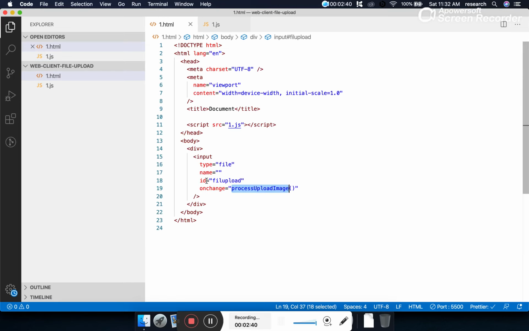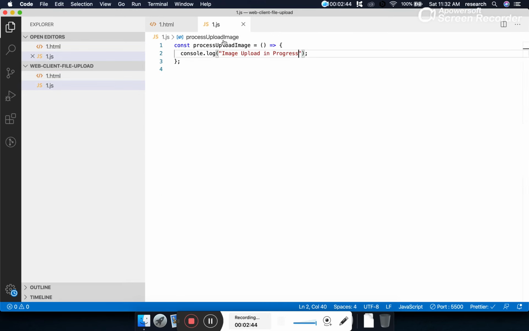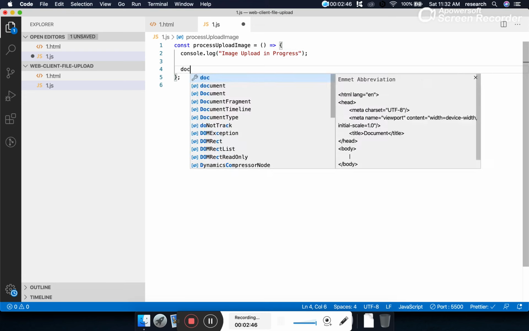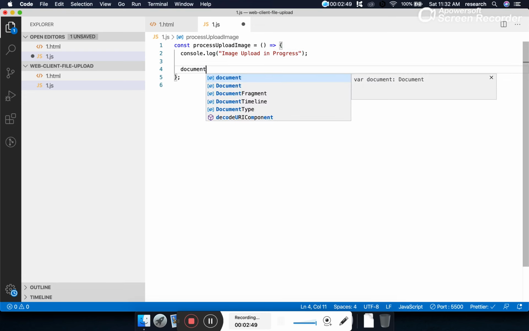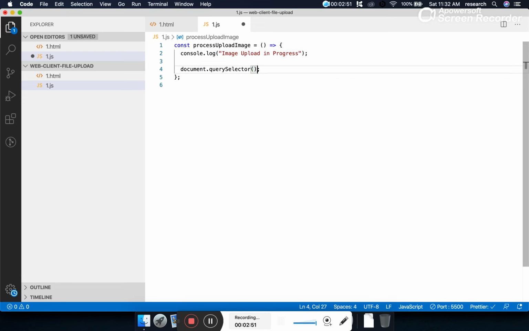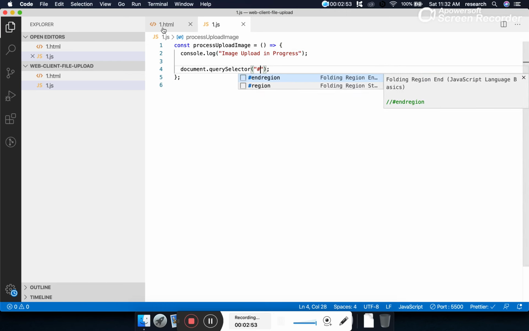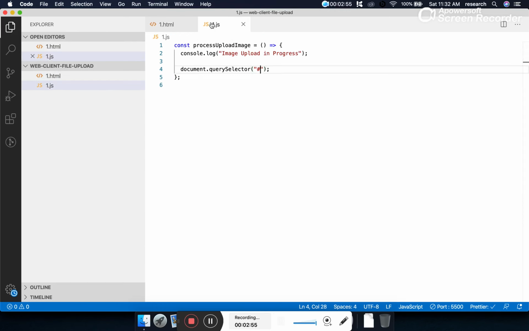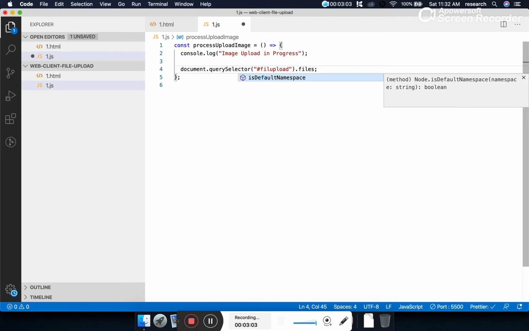Okay, here we have given the file input ID, file upload. So let's use this ID: document.querySelector, and the ID is file upload. This will return the reference of the input file, and this will give you all the files which have been selected by the user.